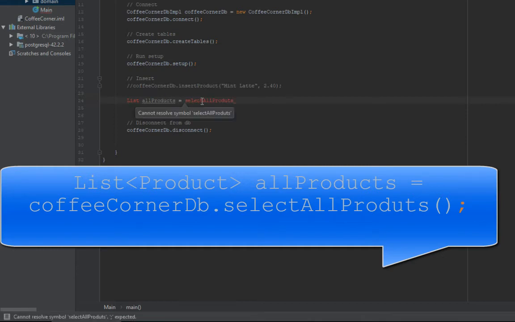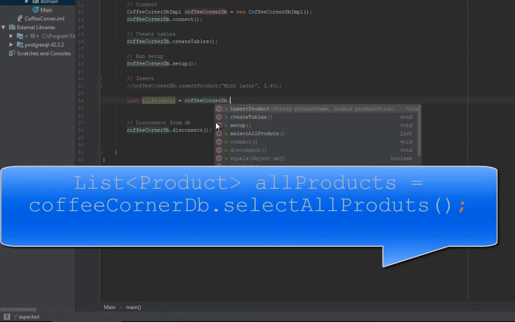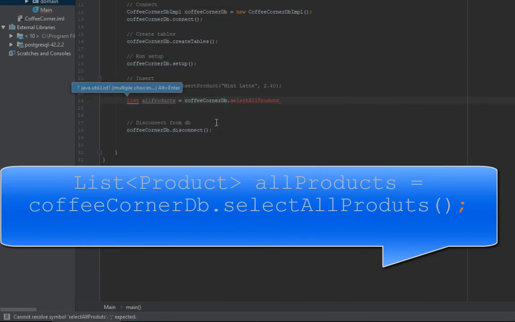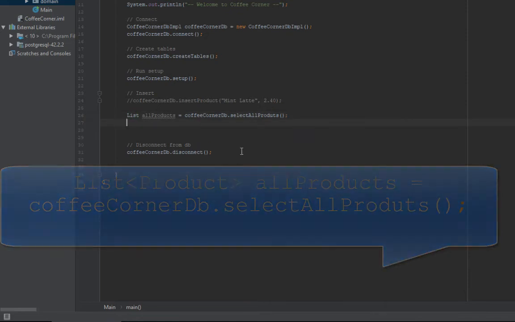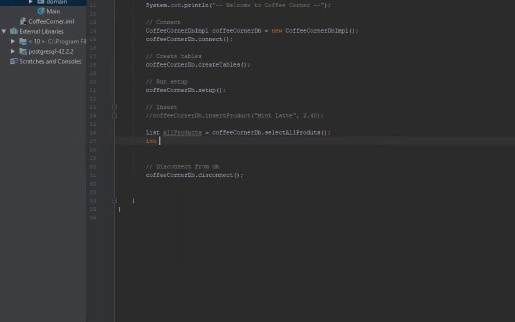It's, no, I'm sorry, it's coffee corner db dot select all products. Let's import the list class, and let's loop through this all products and see what we get. So int i equals 0, while i is less than all products size,